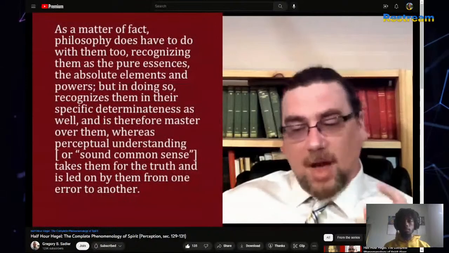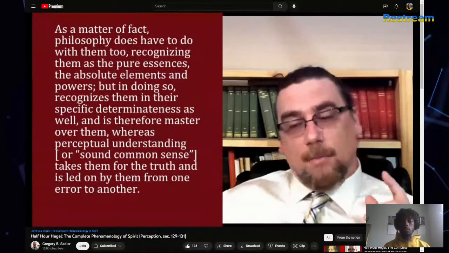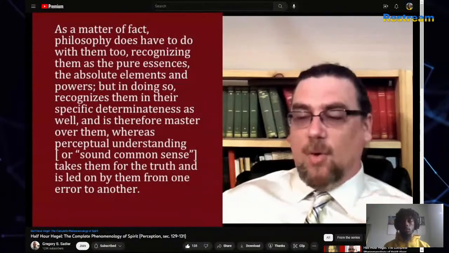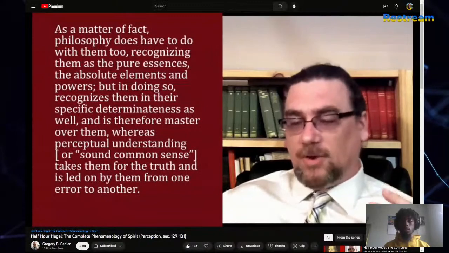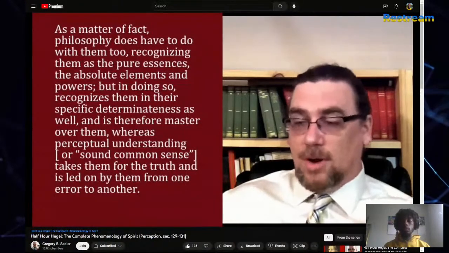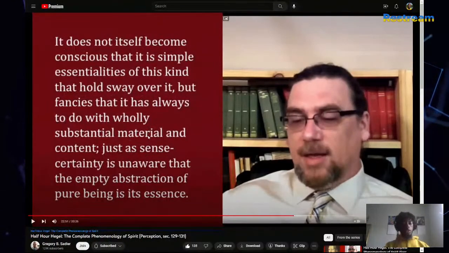As a matter of fact, philosophy does have to do with them too, recognizing them as the pure essences, the absolute elements and powers, but in doing so recognizes them in their specific determinateness as well, and is therefore master over them. Whereas perceptual understanding, or sound common sense, takes them for the truth and is led on by them from one error to another. It does not itself become conscious that it